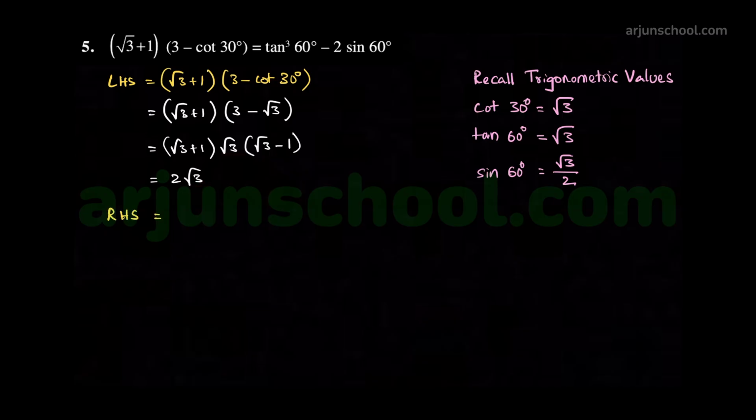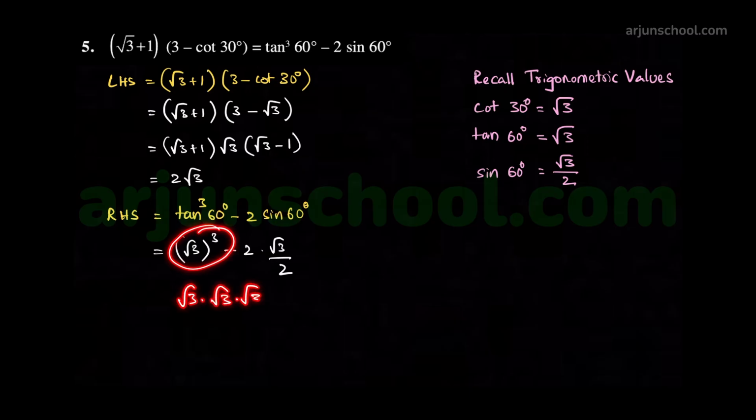Now let us take the RHS. Tan³ 60 degrees minus 2 times sin 60 degrees. Tan 60 is root 3, whole cube, minus 2 times sin 60, which is root 3 by 2. Root 3 whole cube is root 3 times root 3 into root 3. That is equal to